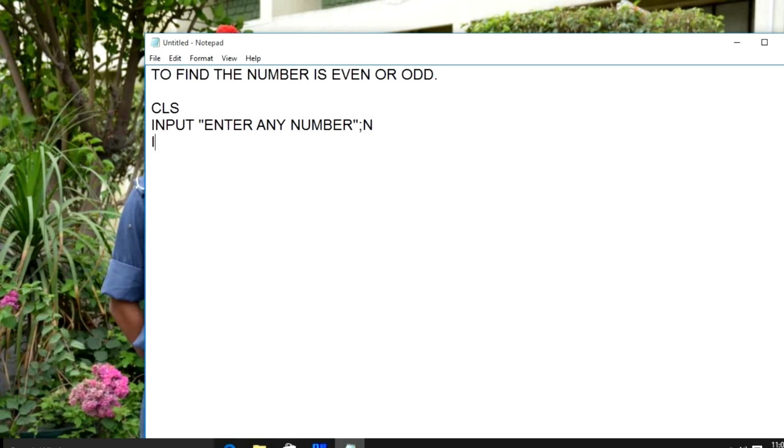Now here we're going to compare it. If n mod 2. Now what is the use of this mod function? It is used to find out the remainder. If we divide a number by 2 and the remainder is 0 and the quotient is a whole number, then it is an even number. So when we divide a number by 2 and the remainder is 0, then it is going to